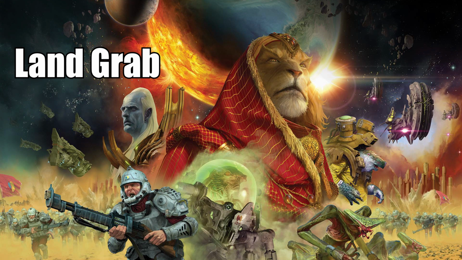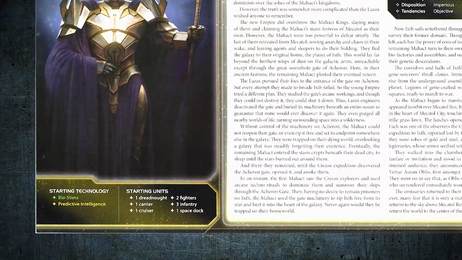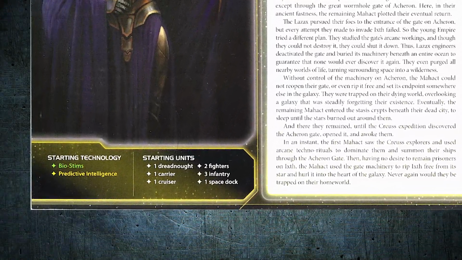I wanted to go over a first round guide for the Mahact Gene-Sorcerers, starting off with a basic kind of land grab strategy for them, and then moving into a bit more of an advanced rush to Mecatol, and finishing it up with a don't try this at home, really aggressive strategy. Take a look at the back of their faction sheet, starting with their starting technologies and then going into their